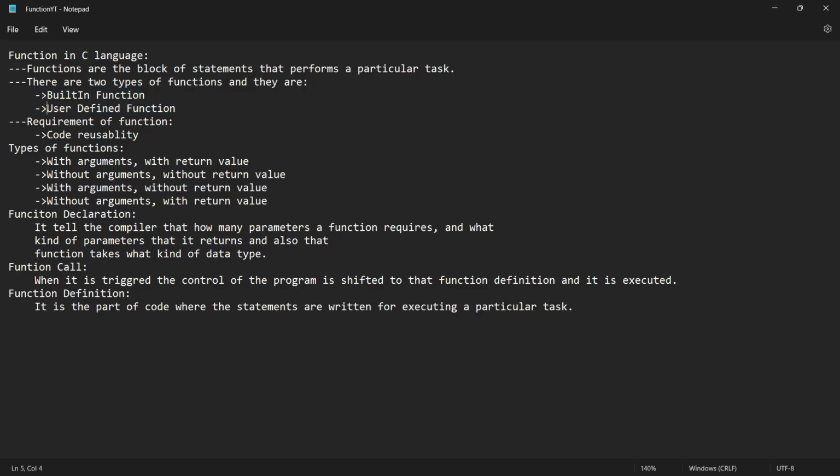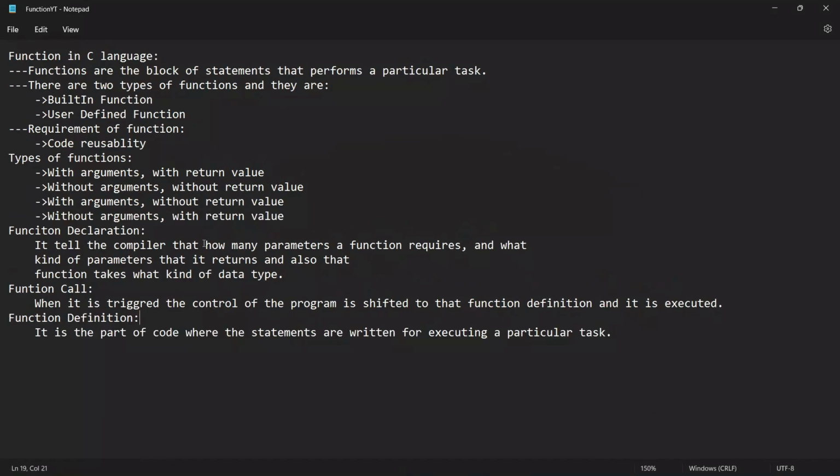And now we'll see about user-defined functions. User-defined functions need to be defined manually, and they are further divided into four types. We'll see them later. Now let us see the main requirement of functions. As I have mentioned here, the main requirement of function is code reusability. It provides us the advantage of accessing the same code multiple times, which increases convenience. इसमें हम एक ही कोड को मल्टीपल टाइम्स यूज कर सकते हैं। ये फंक्शंस का एक मेन एडवांटेज है।